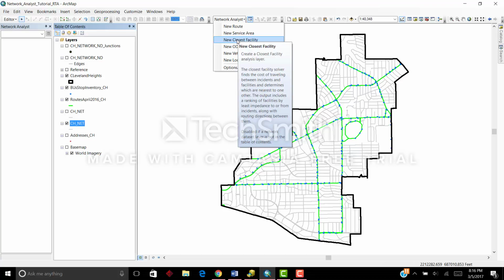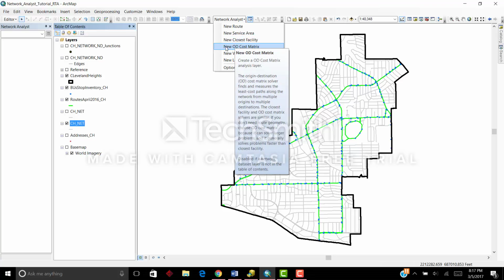Actually, if you want to find the closest fast food place or the closest farmer's market, you type into Google Maps, where is the closest popcorn shop, and it's going to find the closest facility. Origin, destination, and cost matrix, that's probably the most complex of the network data set applications, and basically you have